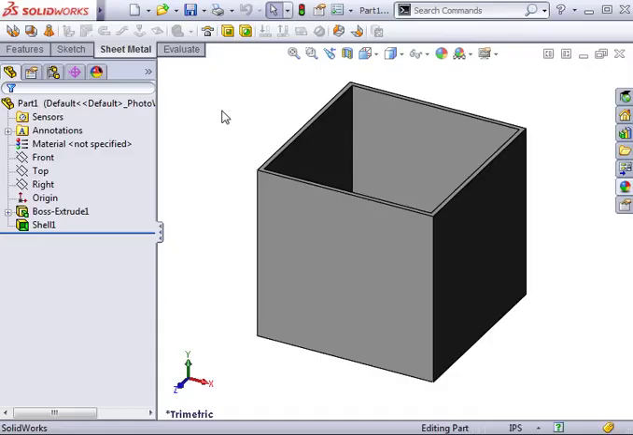If you want to convert to sheet metal manually, rather than using the Convert to Sheet Metal feature, you can either design parts as sheet metal from scratch, using sheet metal features as we've seen so far, or you can design parts as regular solids and later convert them into sheet metal parts. You can use the Convert to Sheet Metal feature to convert a solid part to a sheet metal part automatically,